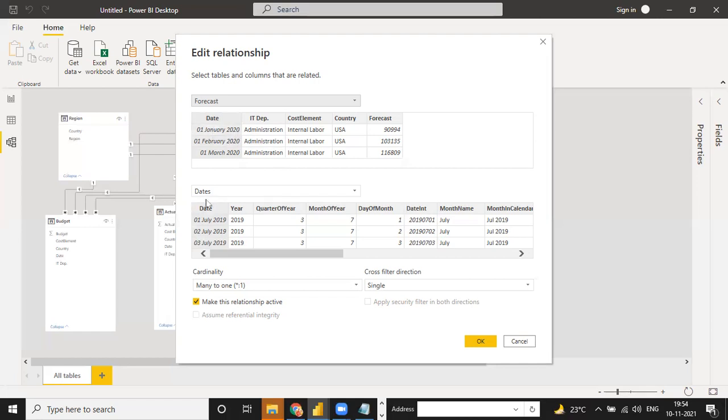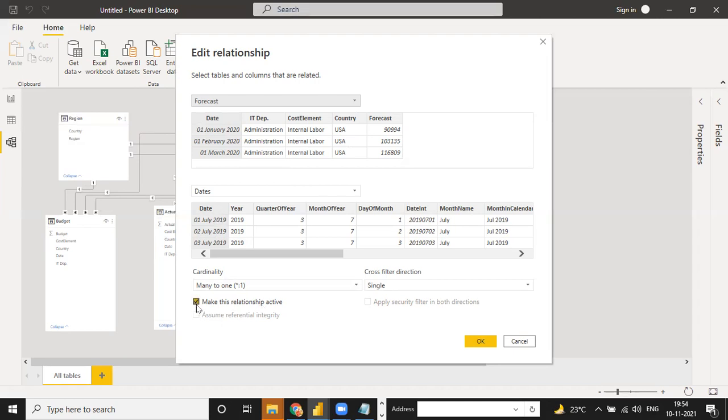But in this dates column, we have each date one time only. It means 1 July 2019 appears only once, not even a second time, for any date. So many to one means many dates connected to one date, and this relationship is called many to one. It makes this relationship active.